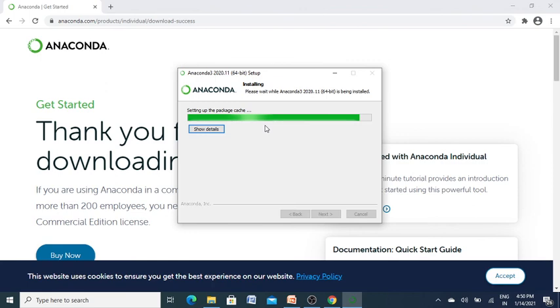So after these steps, please go on clicking on next, next, and go to finish. Then after, I will show in the other video how to start Anaconda, how to go to Jupyter, and how to write our code.